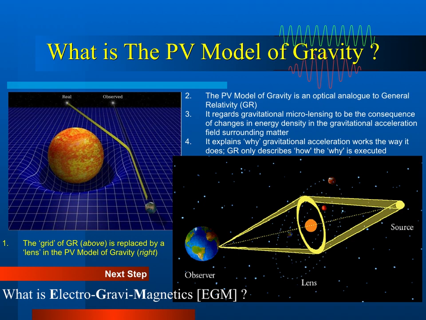For example, in the case of gravitational microlensing, incoming light from a source star is bent around an intermediary object by the change in the refractive index of the space-time surrounding it. This yields an identical observation to general relativity, but without the need for the unverifiable claim of space-time curvature. Within the polarizable vacuum model of gravity, the how and why mechanism for light bending around an object is clearly explicable, as opposed to the physically questionable concept of space-time curvature under general relativity.